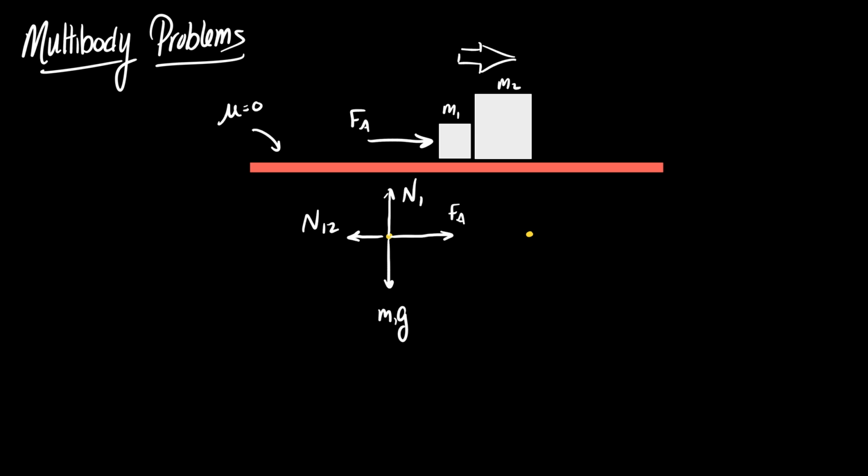On M2, it's going to be normal force 1 going up, and then it's going to be mg. I'm going to call that normal force 2 because it acts on box 2. Okay. And then there's m2g going downwards. And then normal force 2-1 going in the opposite direction of the other one, so going right. It's going to be N2-1. Nope, I think this is all that's acting on that box.